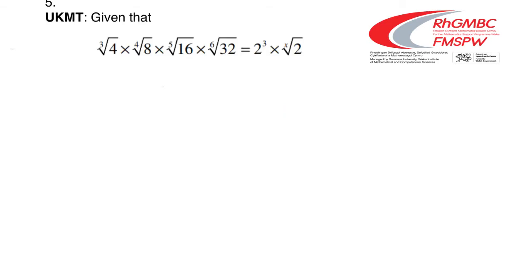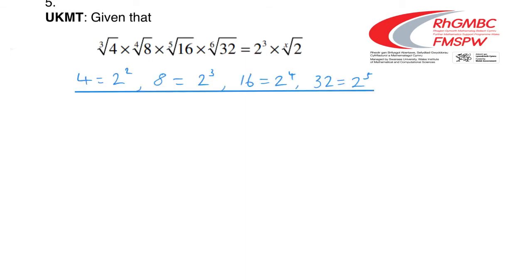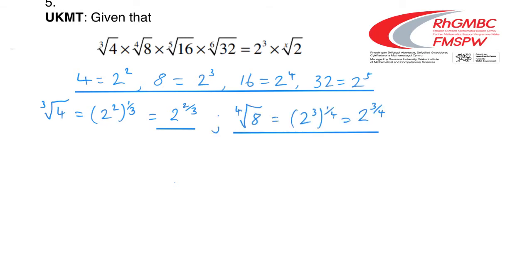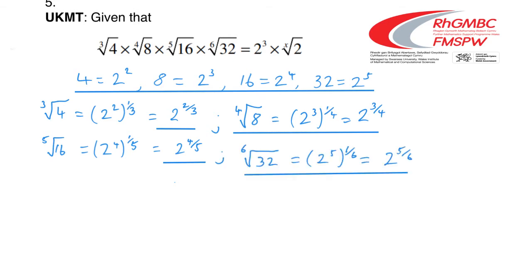This particular problem can be dealt with in a manner similar to the last example. However, it is worth noting that all of the given values are in fact powers of 2. We will now use each of these powers of 2 within the given roots. The cubed root of 4 is 2 to the power 2/3. The fourth root of 8 is 2 to the power 3/4. The fifth root of 16 is 2 to the power 4/5. And the sixth root of 32 is 2 to the power